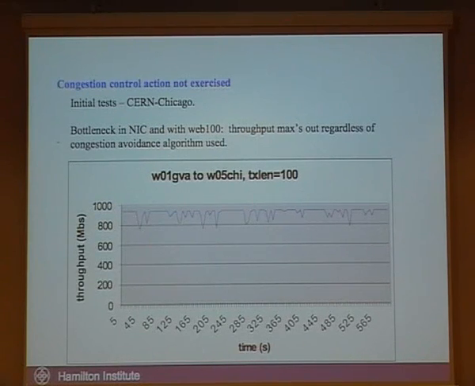And what happens there, so the bottleneck is inside the interface card of the server. And so what happens is that we're handing off packets, TCP is probing for bandwidth, handing packets off to the driver, and the driver, this is all inside one machine of course, eventually will say, I can't cope with that anymore, and return an error flag back. And pretty much everyone ignores that, will modify the network stack to ignore that feedback from the driver saying slow down, and they'll keep hammering it. So effectively the congestion control is switched off, and all you're doing is testing the efficiency of your driver. So this is running at 940, I think it is,